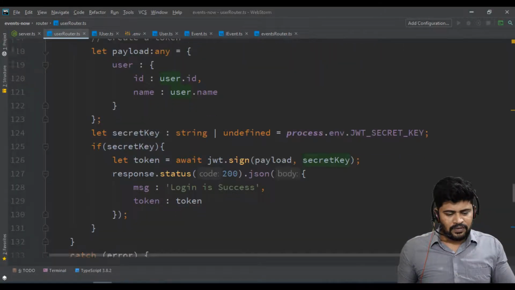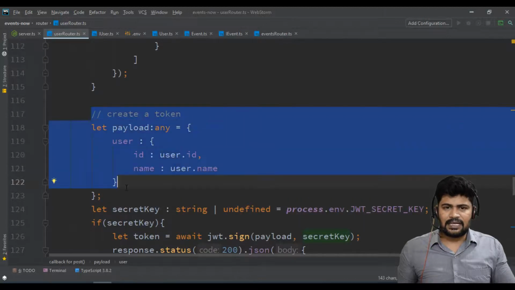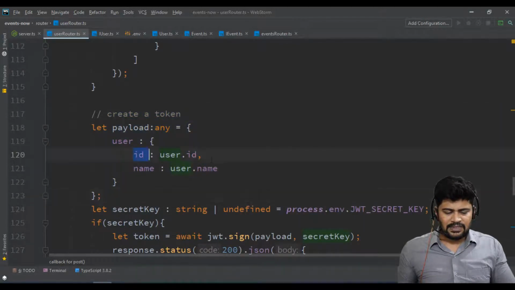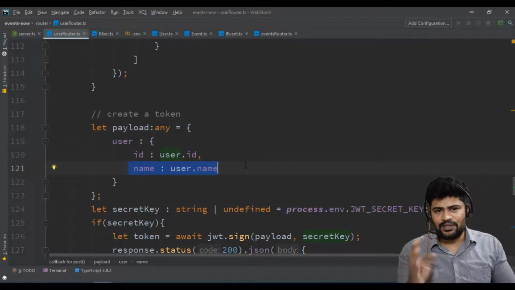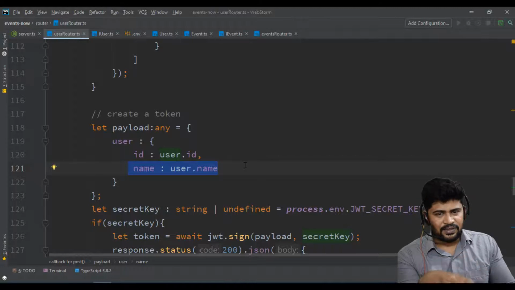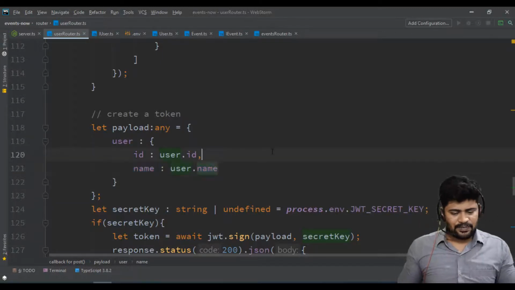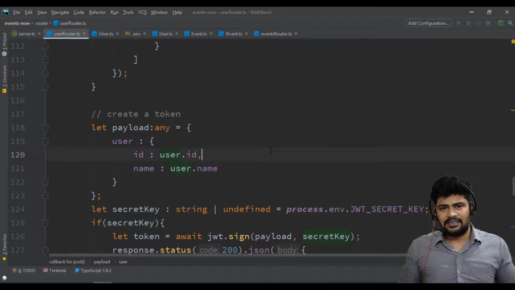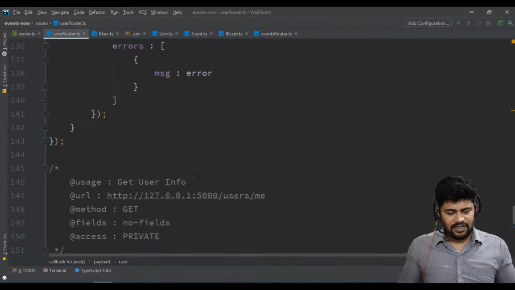When you create a token, you give something called a payload, right? In the payload there is the user ID and username. So if you decode the token, you can get the logged in person's user ID and username. With that, the server understands that so and so person has logged in, so I have to give the client that person's data only. So the server understands who logged in only through the payload. So let me decode the token and get the payload from there. For this process, let's create a middleware, because I want to use it for every private router.